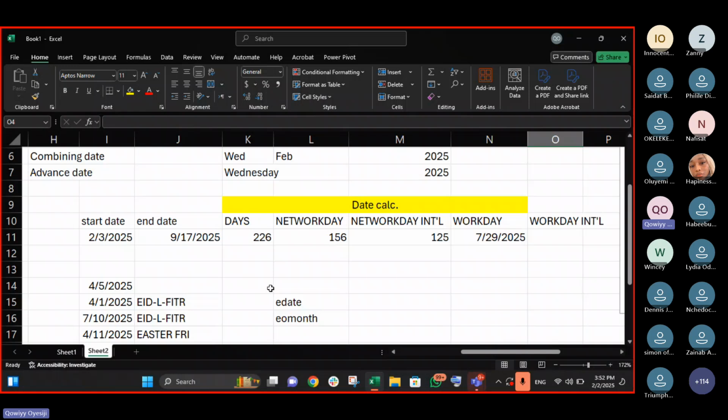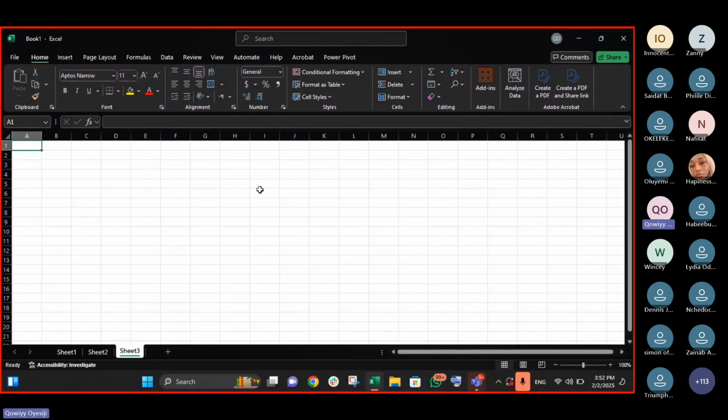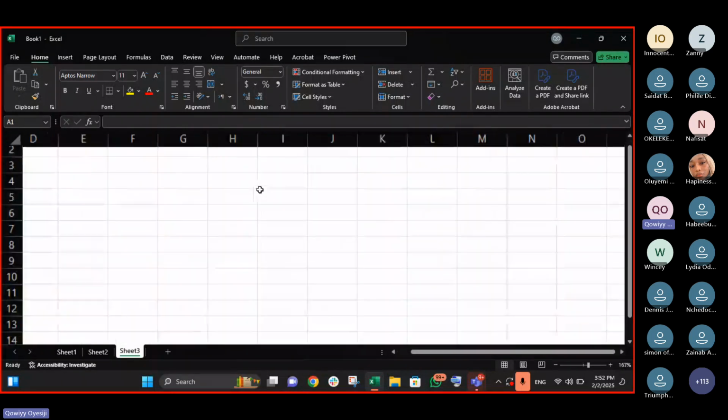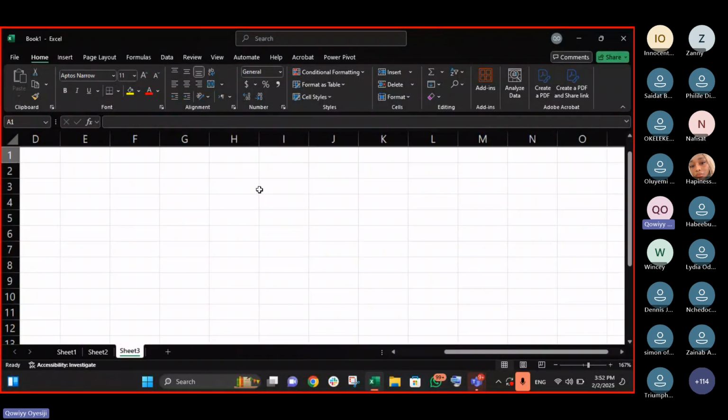All right, so let's go to the IF function. I will try as much as possible not to be too fast, and to make sure you get it once and for all. The IF function is just a way of telling my examiner, if this is true, give me this; if it is false, give me this.